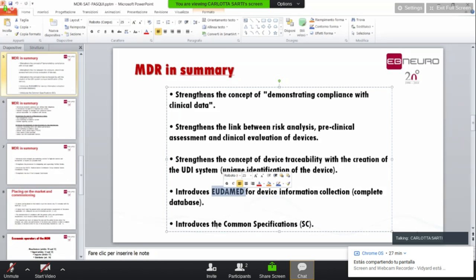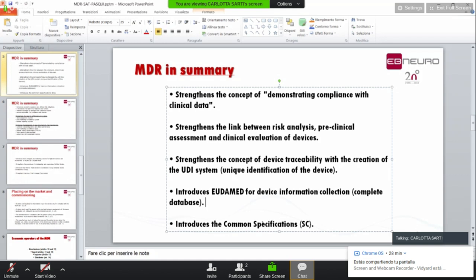So for this, the European Commission introduced the common specification. It means that if you want to create a good system for neurology, you need to have this type of specification. So in the future, when we need to develop new hardware, we need to check this specification.